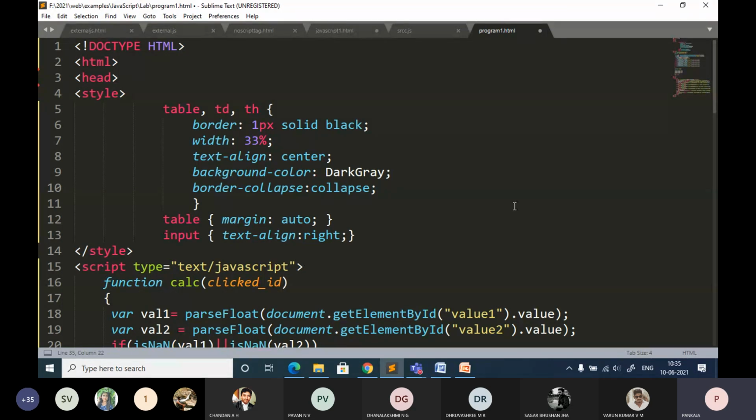I want everyone to type the program and execute it, because when you are typing you will make a lot of mistakes. When you run your program you will get errors. You should be able to clear those errors. Who are typing the code, you type it, otherwise you can just note down the program. Just tell me, I will scroll once you have done.